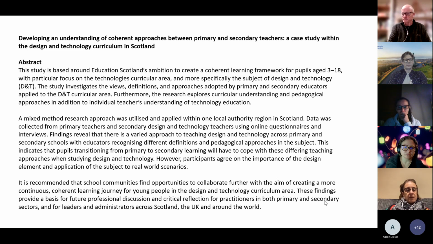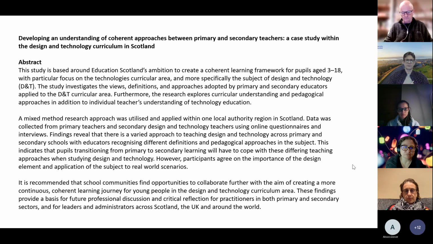The teacher was interested in finding out how pupils were being prepared in primary for design technology, and what the continuity was. The curriculum in Scotland, Curriculum for Excellence, is supposed to provide this coherent journey through primary school into lower secondary, preparing them to go on and do their national qualifications, their standard grade qualifications, before they move on to do their higher. But she was finding that there were problems with the differences between different schools that were feeding into the secondary school.